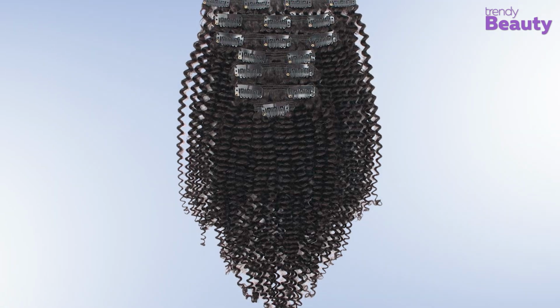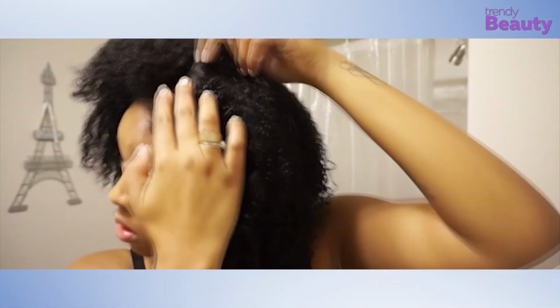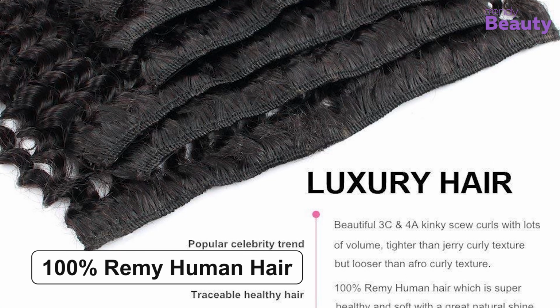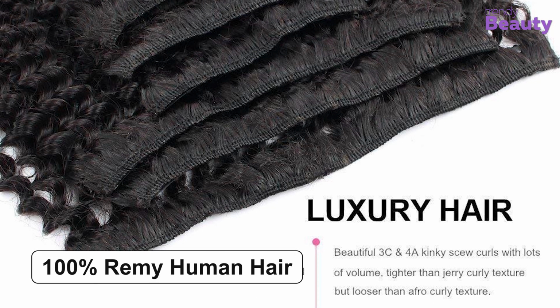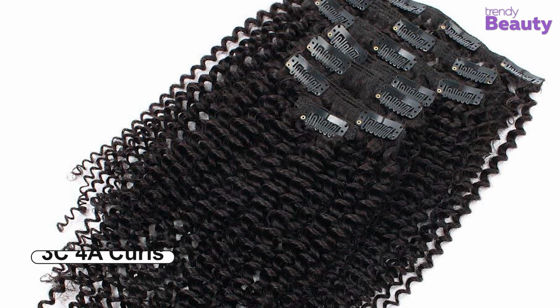Our next pick for today is the Amazing Beauty Hair Clip-In Hair Extensions. These hair extensions are afro curly in nature, and they are jet black in color to give you that amazing springy and fluffy finish that you've been dreaming of. The extensions are made of 100% Remy human hair, and they are made imitating 3C4B curls